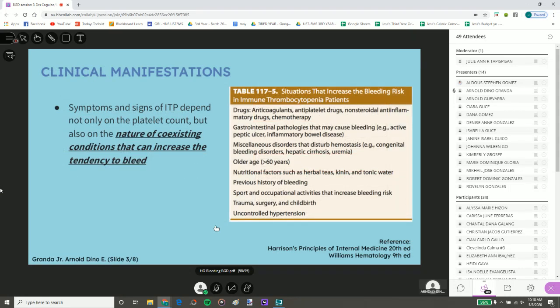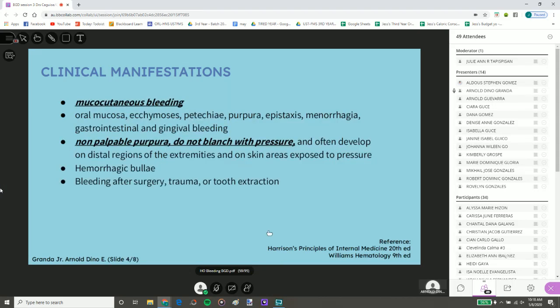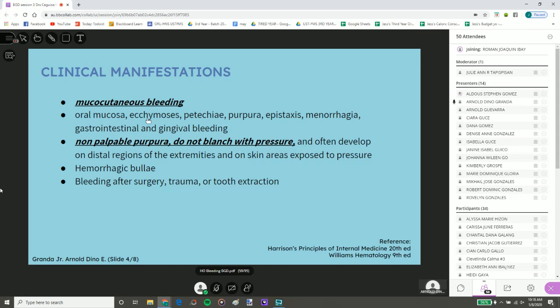So symptoms and signs of ITP depend not only on the platelet count, but also on the nature of coexisting conditions that can increase the tendency to bleed. Looking at this table, all of these conditions have a common denominator, and that is they affect the platelet function of the individual. Classic manifestations of ITP would present with mucocutaneous bleeding, specifically at the oral mucosa,